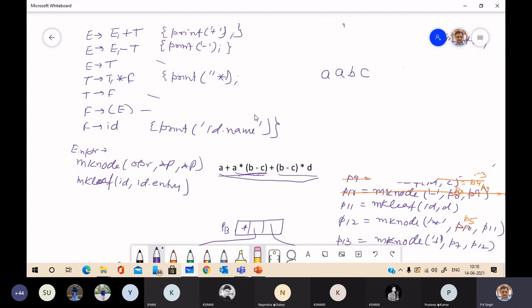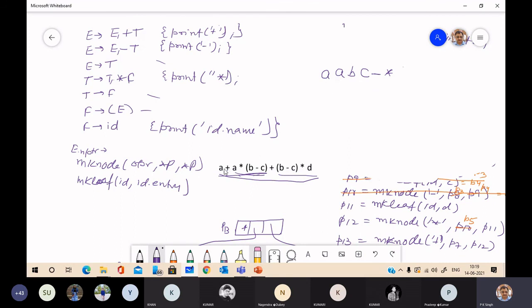After that, if you see here, what we are doing, we are performing B minus C. So it will use this production. So it will print minus. Then we are doing the multiplication with A. So it will print multiplication.